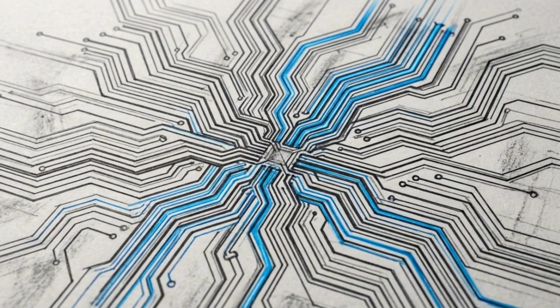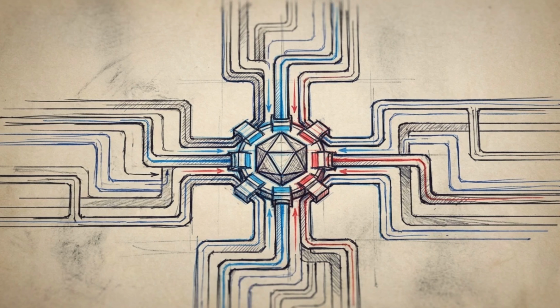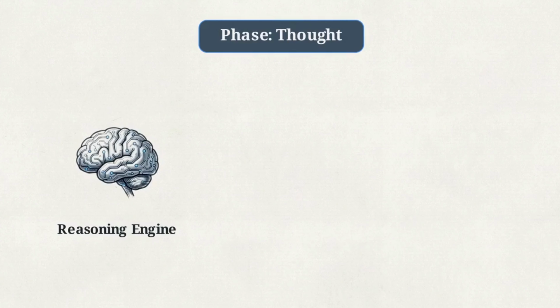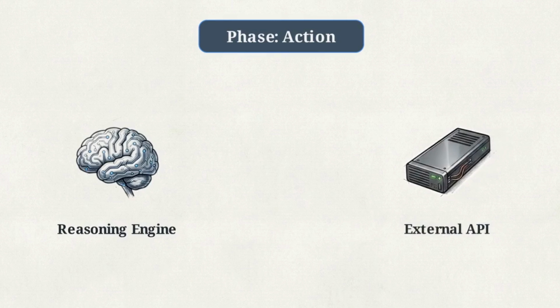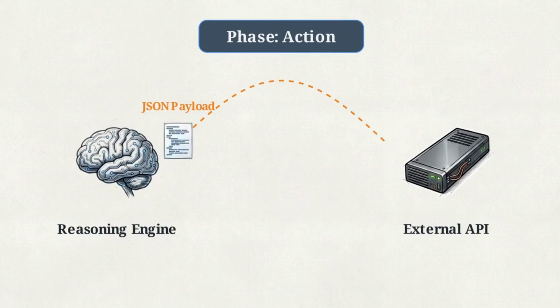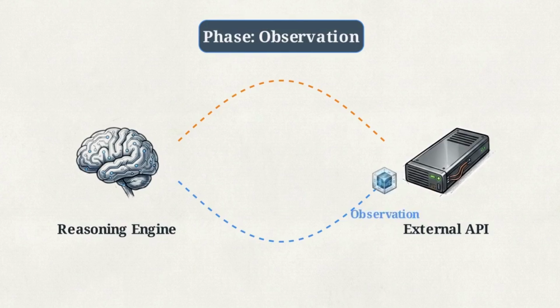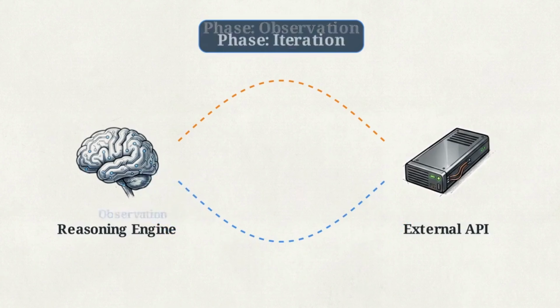To manage this rapid execution cycle, developers rely on specific routing logic. The most prominent is the ReAct paradigm, which interleaves reasoning with acting. It begins with the thought phase. The agent identifies missing information. That thought translates into the action phase, creating a command for an external tool. It communicates using standardized JSON payloads. The tool sends back an observation, updating the internal state.